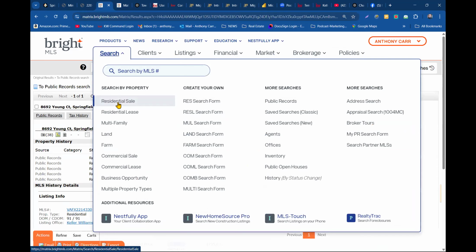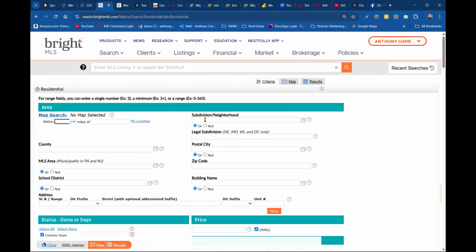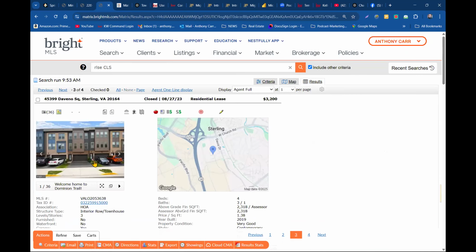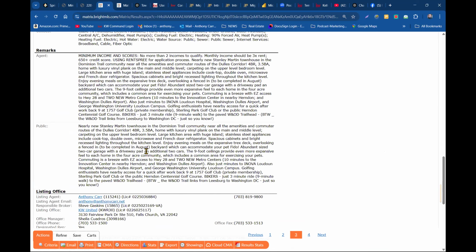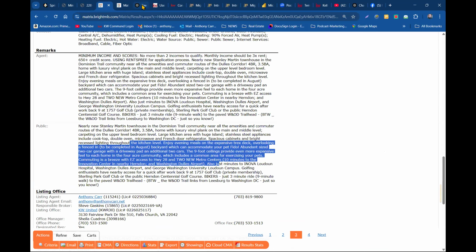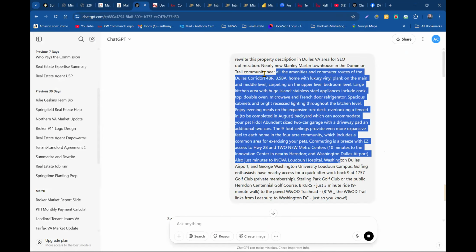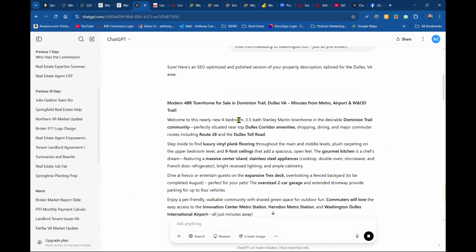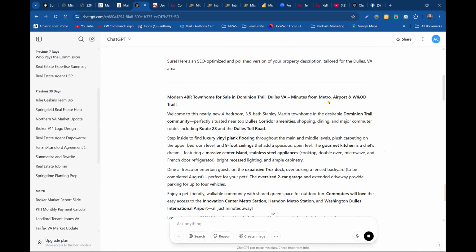All right, newbies, let me show you something here. I searched my house earlier. Anything you searched once comes over here in recent searches. So this is the property I searched, and there it is, so I can go straight to it. I took this copy and put it in ChatGPT and said, rewrite this property description in the Dulles, Virginia area for SEO optimization, because this is just what I wrote 2 years ago. And then it gave me, sure, here's an SEO optimized